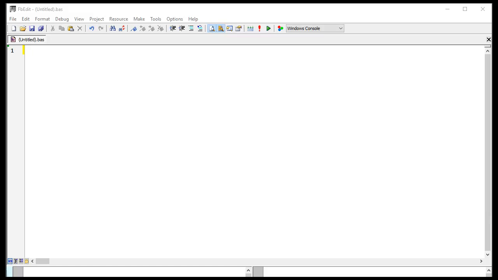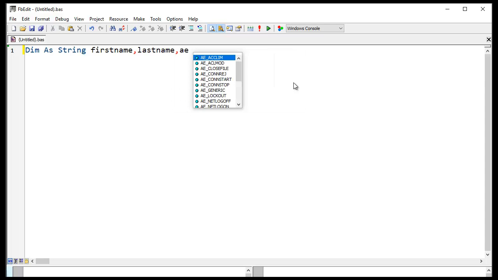Today I'm going to teach you how to use an input method. The input method means reading a list of values from the keyboard. First things first, we need to declare variables named first name and last name by just typing the Dim, which means dimension, as string, and name your variables like first name, last name, and age,